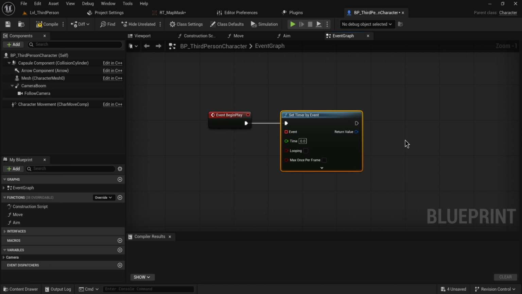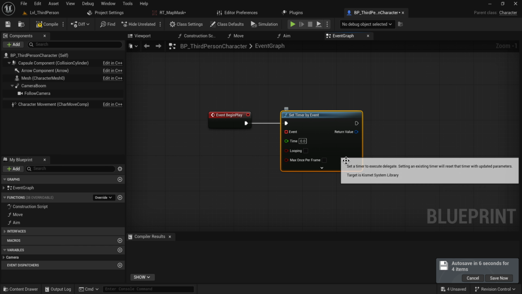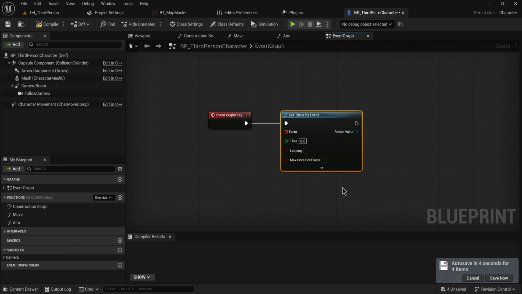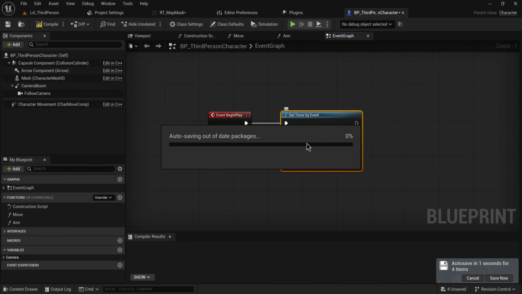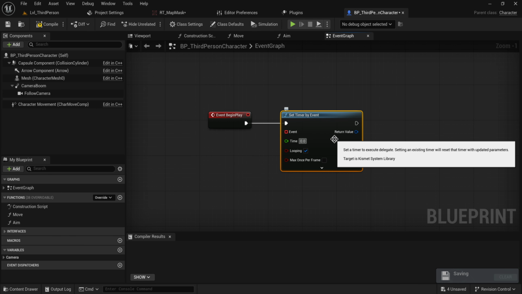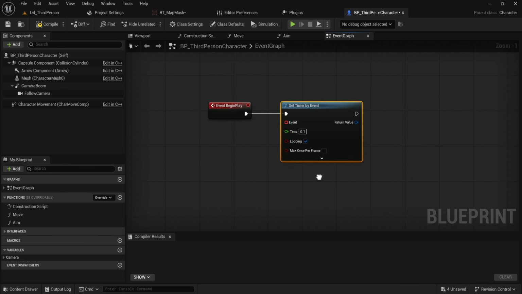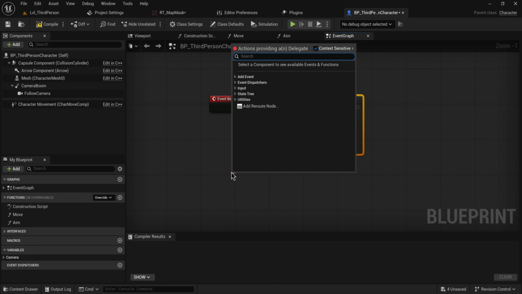I'm going to be previewing it as if it is a mini map, and you can use it as a mini map, but really the intention here is it being a world map that you access through like a menu. So you don't need this to update in real time, you don't need this to update every tick, and we're going to be doing a couple of things that are fairly expensive that you might not want to be doing too often. So let's set this to be a looping timer of about 0.1 seconds,